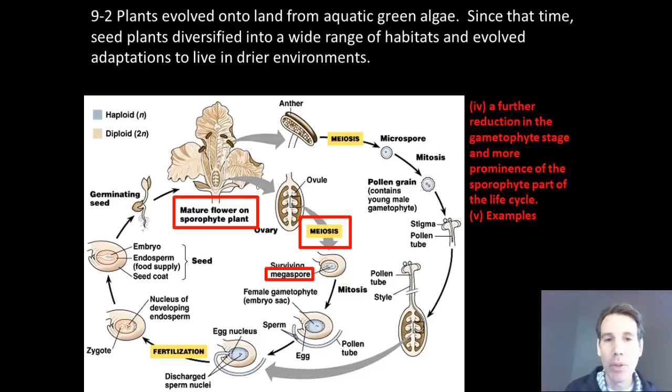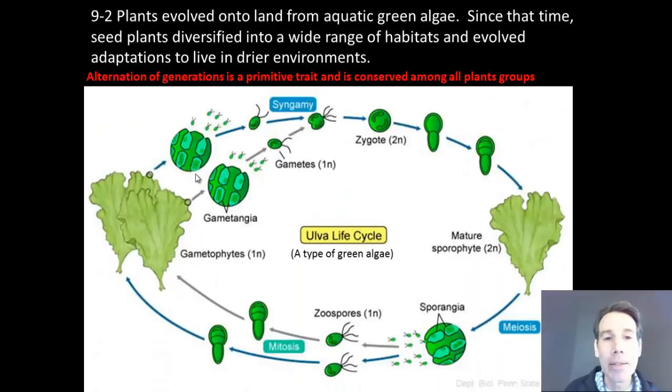So in the gymnosperms, spores are hidden within the cones. In angiosperms, the spores are hidden within the flower. And the spores, like in all plants, will develop into a gametophyte. The gametophyte's job is always to make gametes, like an egg. If that egg gets fertilized, that will result in a new offspring. And in this case, that would produce a new sporophyte plant, like the flower growing up out of the ground. So the point here is that we see this process of alternation of generations in all plants. And plants evolved that process ultimately way back from their green algae ancestors.